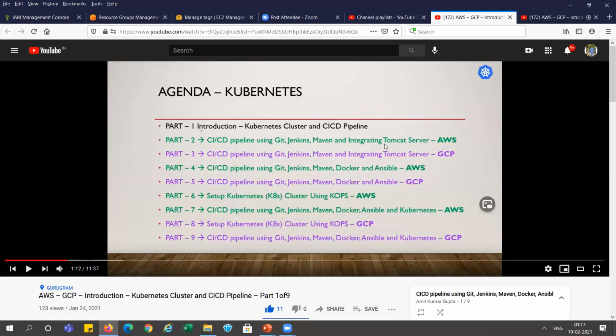First, I've taken Maven integration and deployed to the Tomcat server in both AWS and GCP, and after that we will use Docker and Ansible, and deploy into the Docker machine directly, or you can use Docker Swarm here. AWS and GCP, I have shown video in both places, and creating the kops Kubernetes environment clustering using kops in both. And after that, your final deployment for part 7 and part 9 for AWS and GCP is there. So you will get the link here.